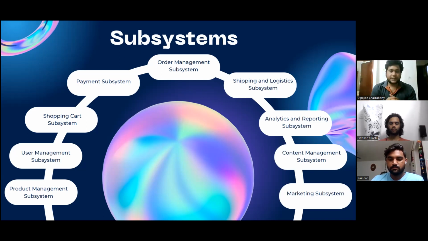Shipping and logistics subsystem, it goes behind the scenes, but again it's very important for the e-commerce business to make sure that whatever order is shipped out properly reaches you in proper time. Analytics and reporting subsystem, content management subsystem, and marketing subsystem. These are all subsystems which are behind the scenes, but play a very big role in the functioning of the e-commerce business, so that every flag that is raised in the technical aspect is addressed,